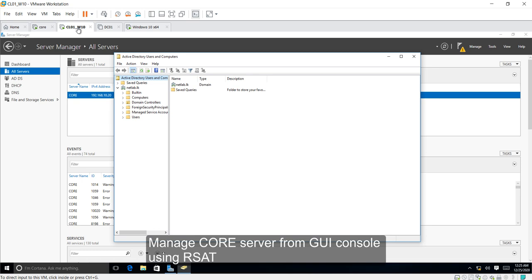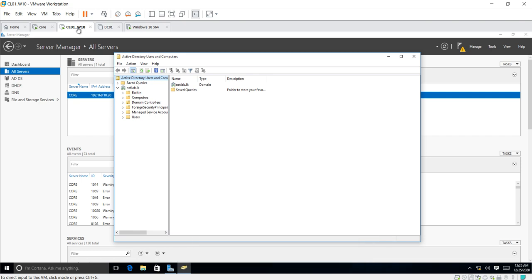But in a future video, I will teach you how to configure the user accounts and other things with PowerShell. But actually we can do everything the GUI way using this RSAT